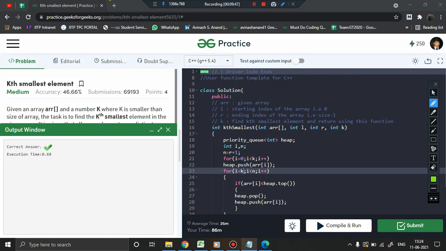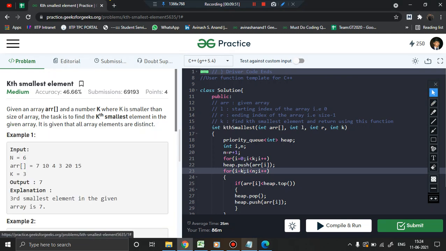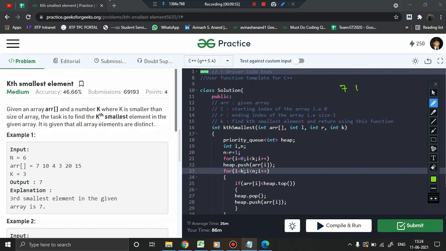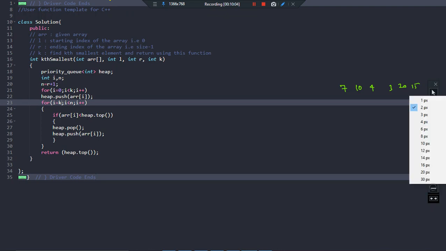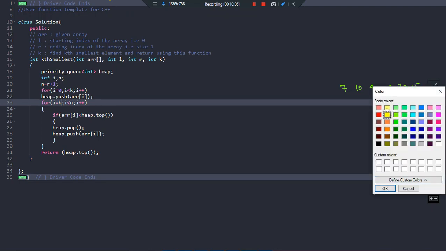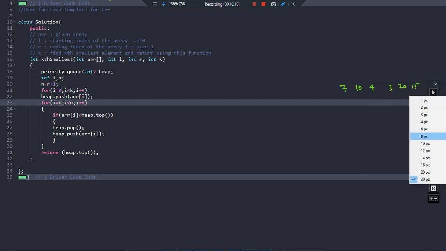Because in min heap we will be having, let me see the example, 7 10 4 3 20 15. So let me write it, 7 10 4 3 20 15. Done. Now let us zoom the screen. I'll be very quick now. Now we know that we have these elements, right? So sorry, the size will be a little smaller.